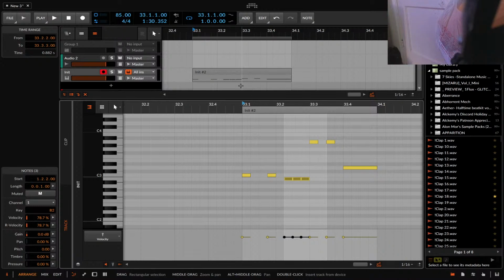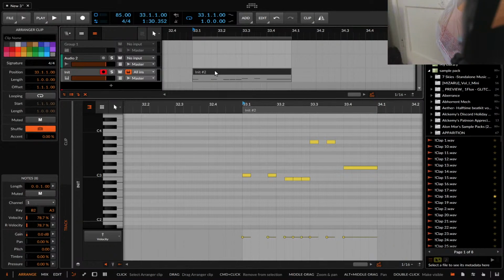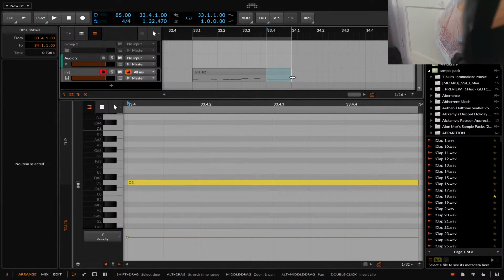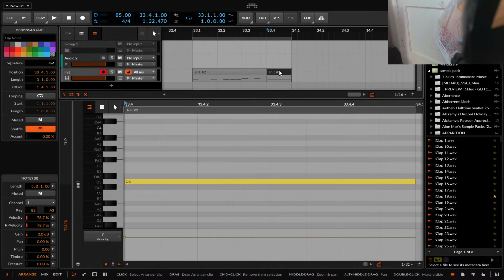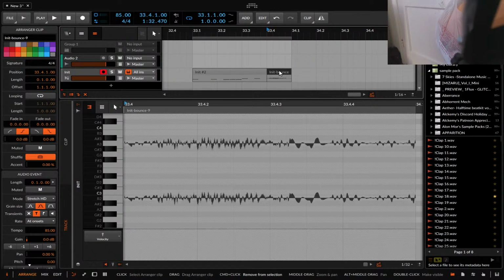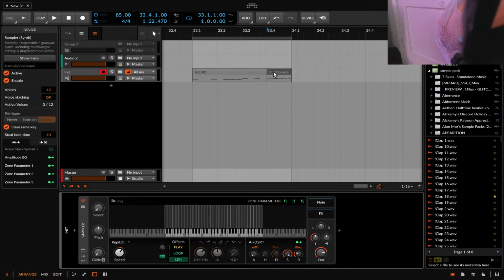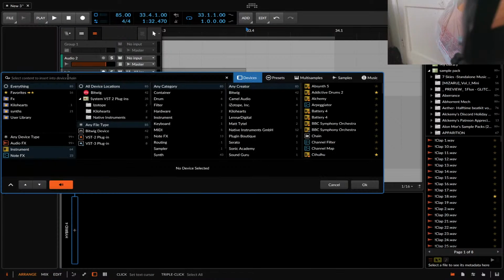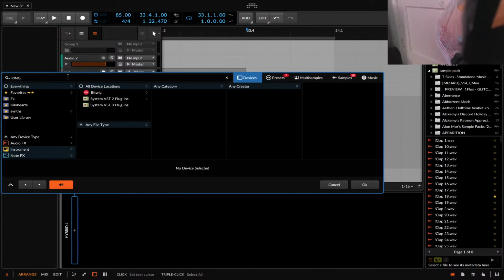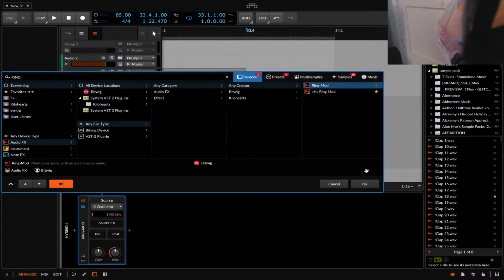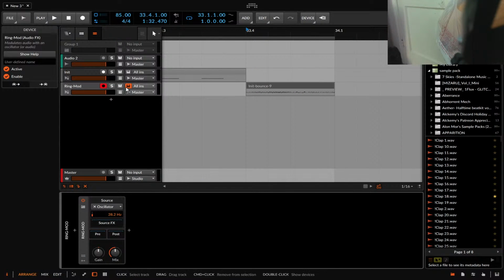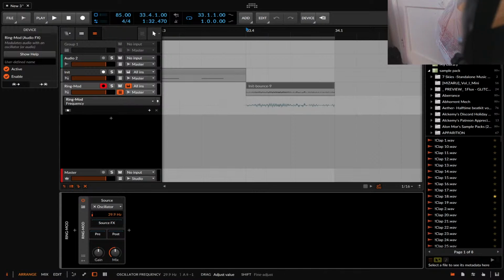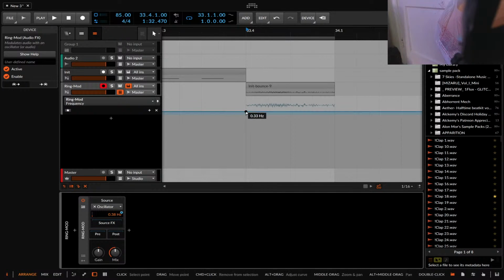right sound for you. And one last thing that you can do is, let's say you have a particular moment right here that you really enjoy. Like, let's say I like this sound. Well, what I can do is I can just bounce this in place and move this to a new track and then start to process this with something different. Like maybe that same ring mod trick that we were talking about from before, and do something where you start here and then start to get into your automation. So you were to start here from a really low rate and then make it slow down. I don't know how this is going to sound, but